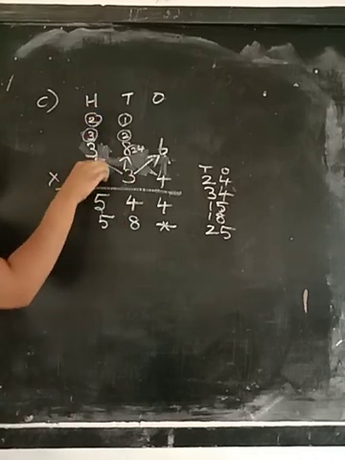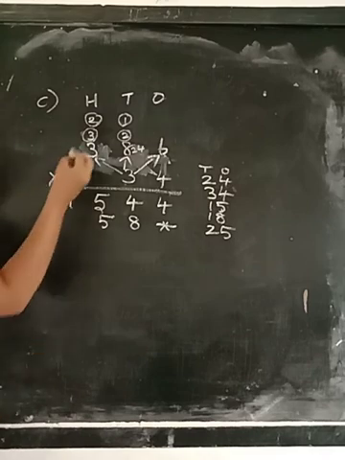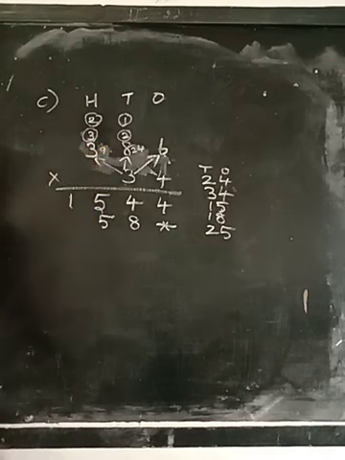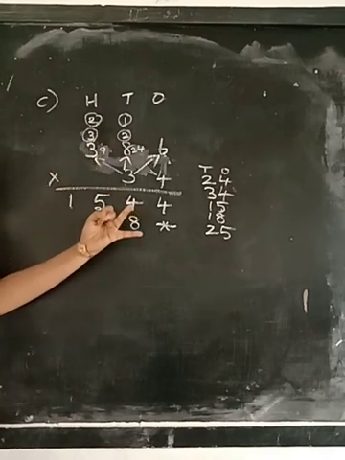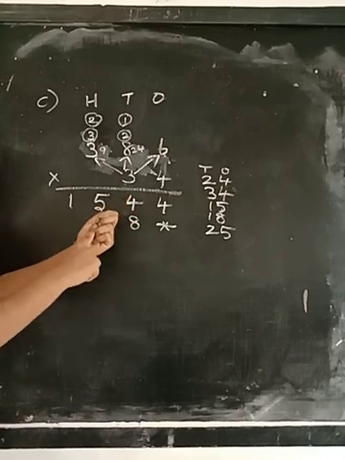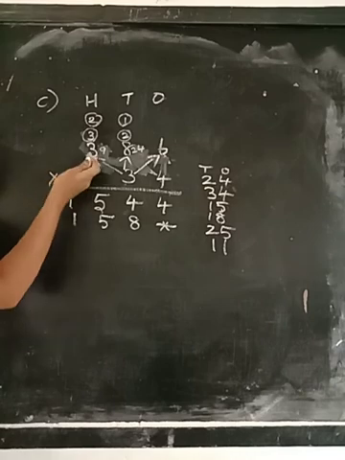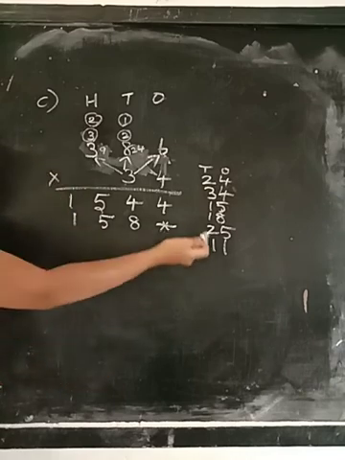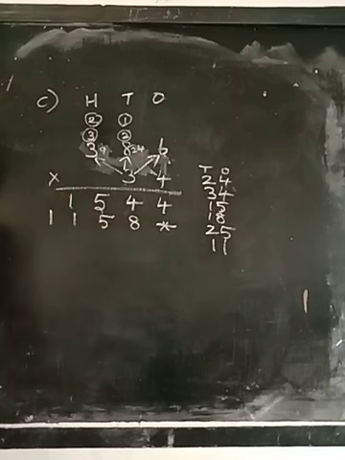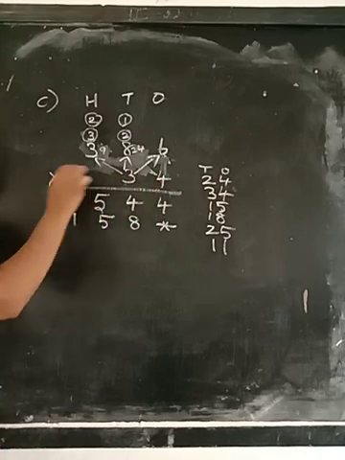Next, multiply the hundreds place number. So 3 3s are 9. 9 in the mind, 2 in the fingers, 9 after 10, 11. So here the ones place number is 1 and after this no number is there. So you can write the tens place number also near the answer's place. So that's it. 2 numbers have been completed.